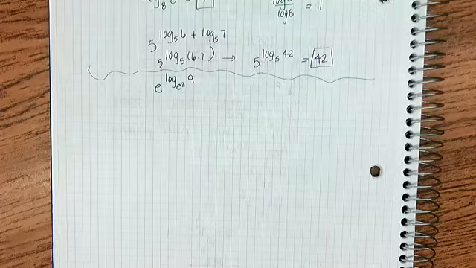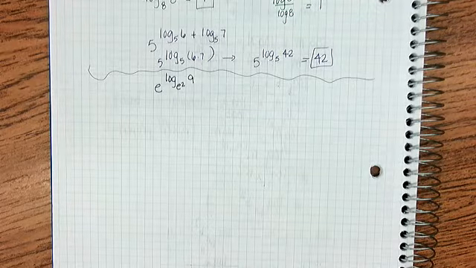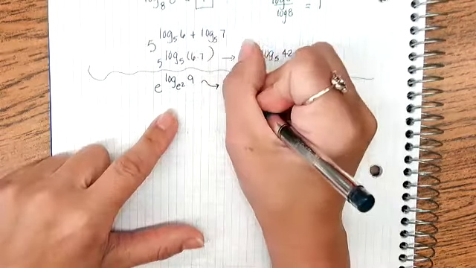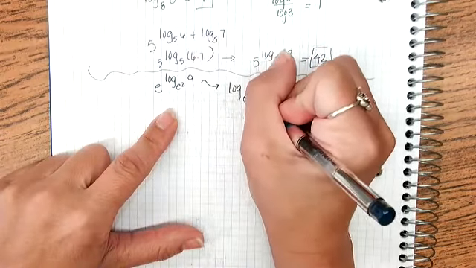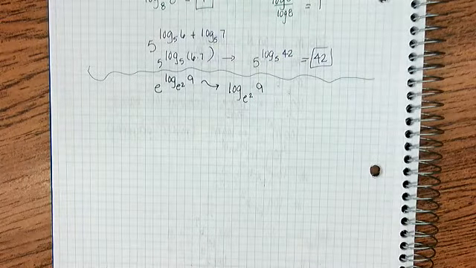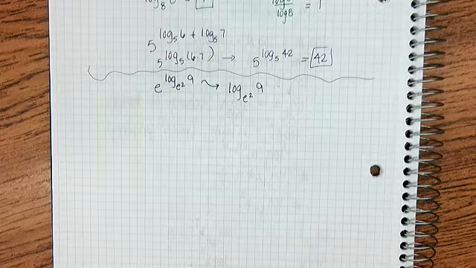e to the log base e squared of 9. Okay, I'm just going to look at the exponent, so I'm just going to pull this off to the side. The log base e squared of 9. Well, that's difficult, but it's not. If you go back to one of the properties I proved,